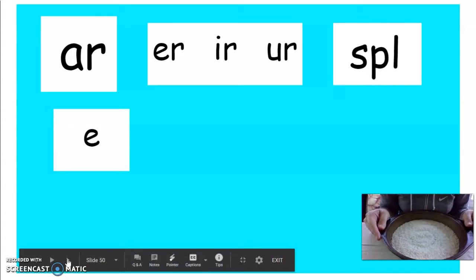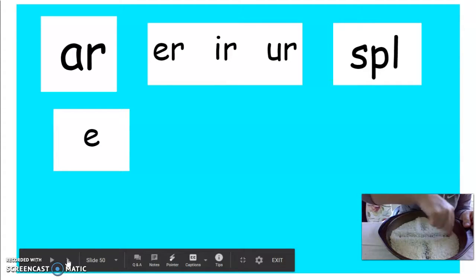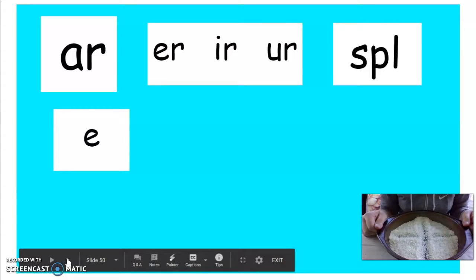Shake your tray. We have the sound A. The sound is A. Repeat that sound. Good. And I'm going to divide my tray into 4 sections because I know 4 ways to spell the sound A. You ready to go? Okay, let's see. I know A says